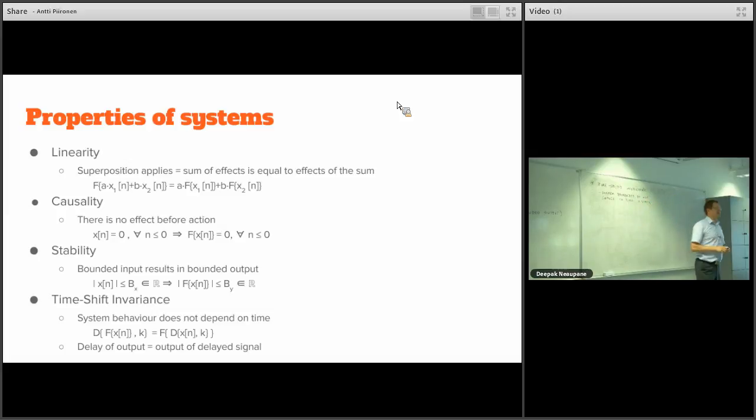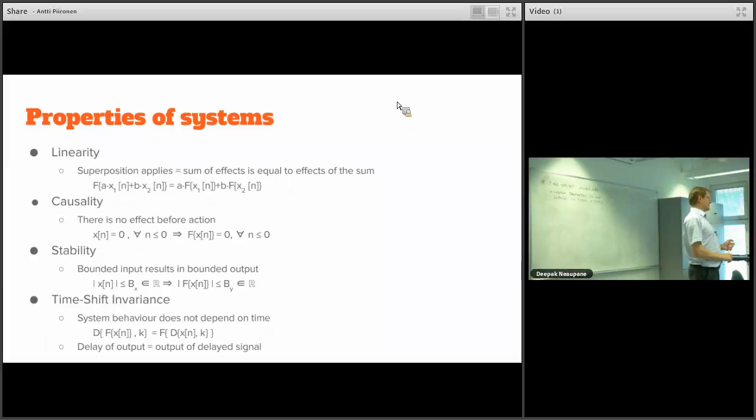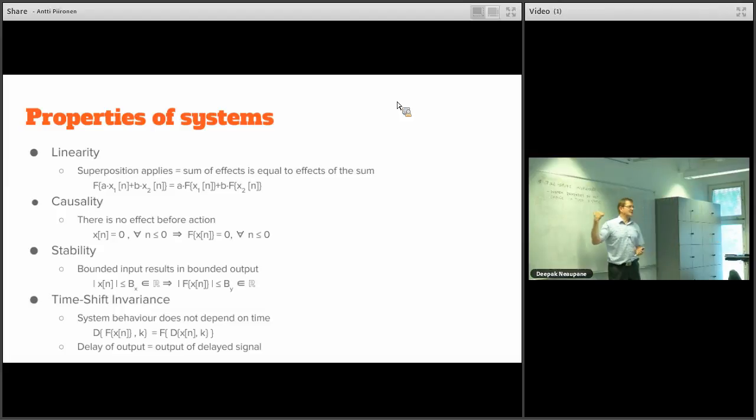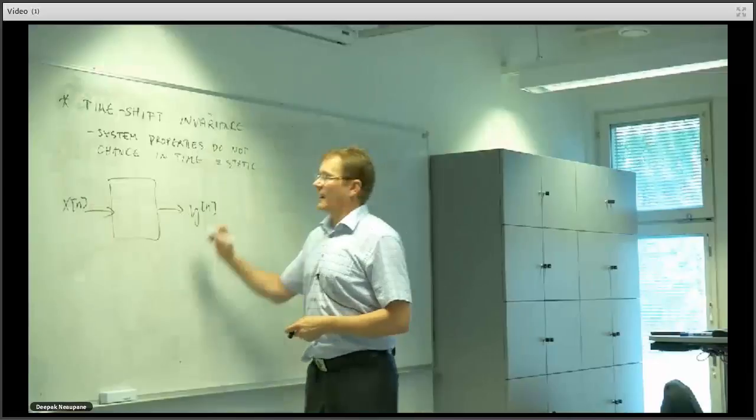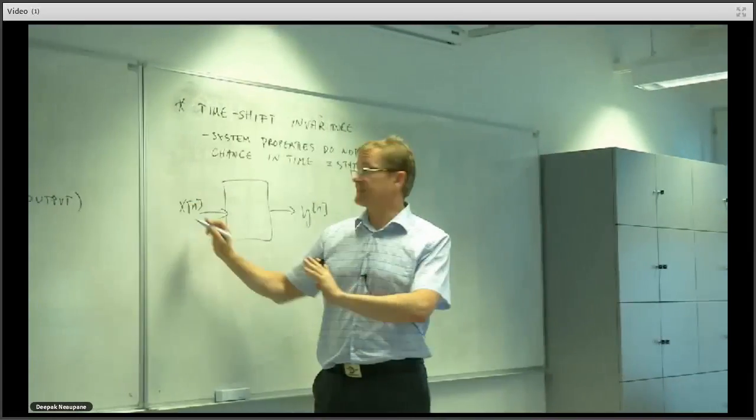Fundamentally, it's the same as static. If you have a website that does the same thing every single time, then it is a static website, right? But if it has some changing components, then it's dynamic, and then it's not time shift invariant anymore. So this means, if you have a system like that and you apply a time shift for the input,